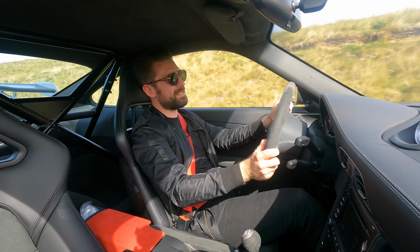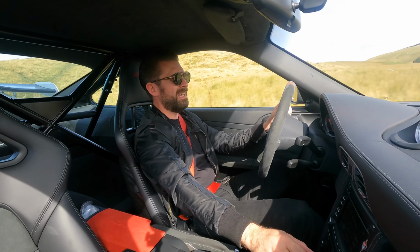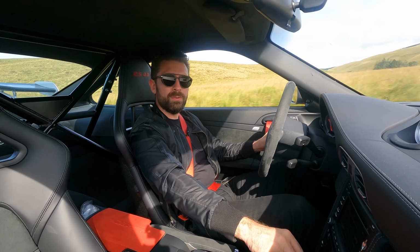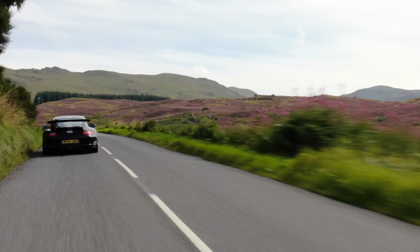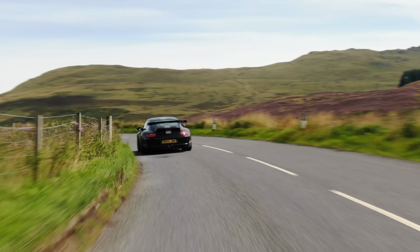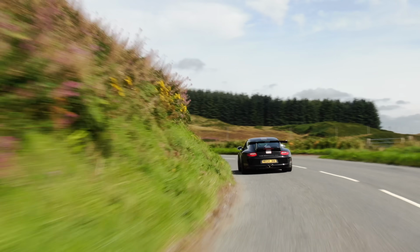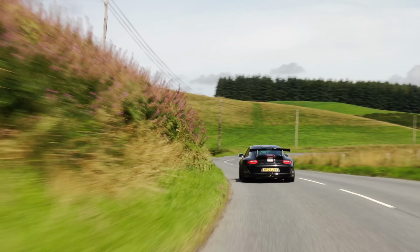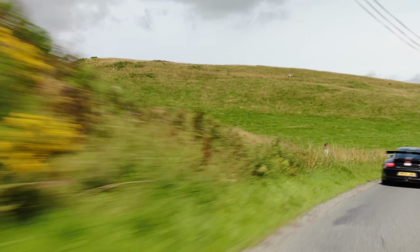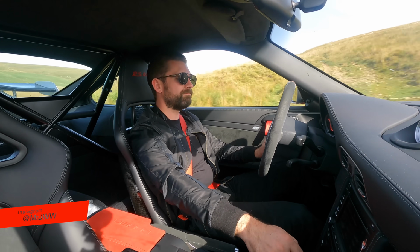And there's a lot to be said for that in the way that the automotive world is going, but also the way that our roads are going. Don't you find it increasingly difficult to enjoy a car on the road right now? I don't know if it's just the places I've found myself, but there's more traffic, there's more cameras, there's just more restrictions, and I don't know, there's something about it. But when I get in a manual, I can enjoy it